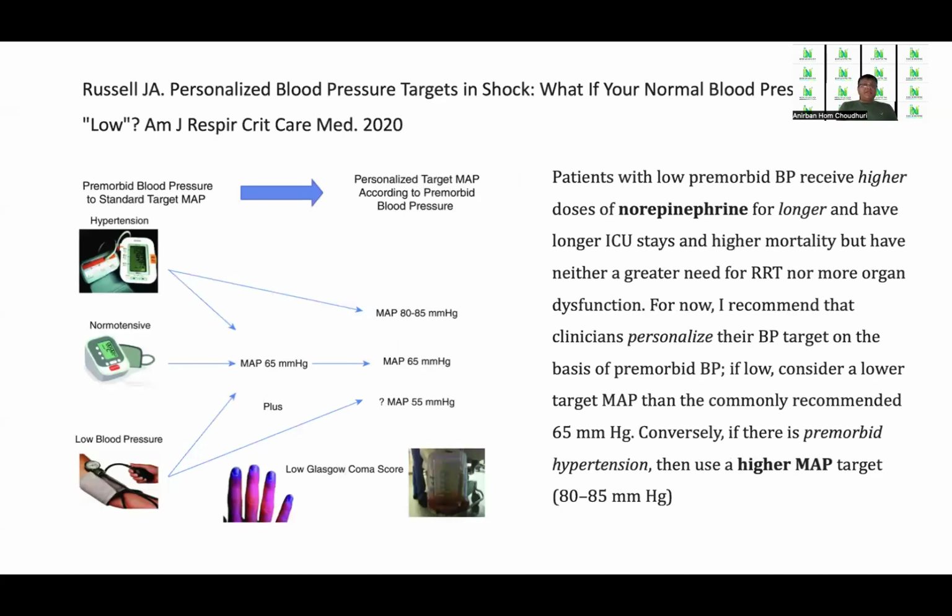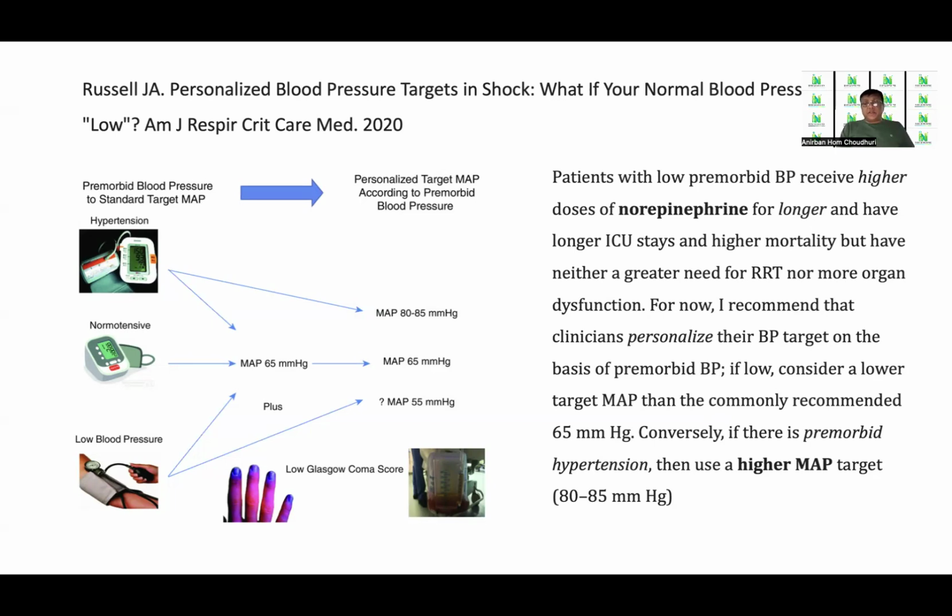Now, this is another very interesting study on personalized blood pressure targets in shock. What if your blood pressure is low? This was discussed in the American Journal of Respiratory and Critical Care Medicine in 2020. They commented that patients with low premorbid blood pressure receiving higher doses of norepinephrine for longer have longer ICU stays and a higher mortality, but have neither a greater need for RRT nor more